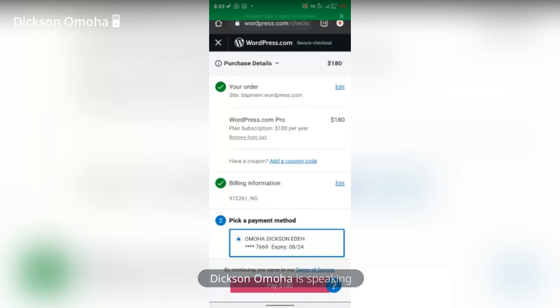Now, we are going to move to Blogspot. Blogspot, as I said earlier, is a hosting service provided by Google, and it is free. The difference is that whenever you host your website on Blogspot, it comes with blogspot.com. For instance, if it is media in ministry, you will have